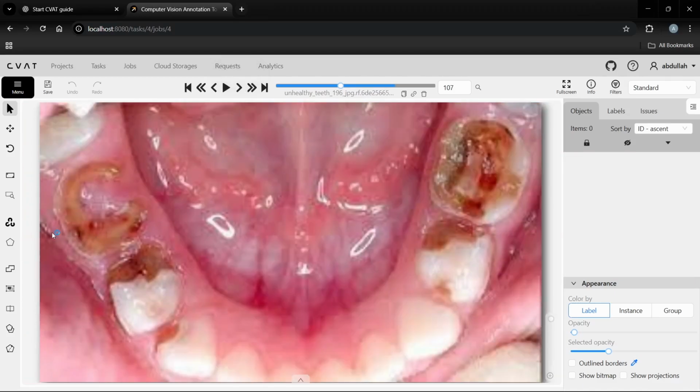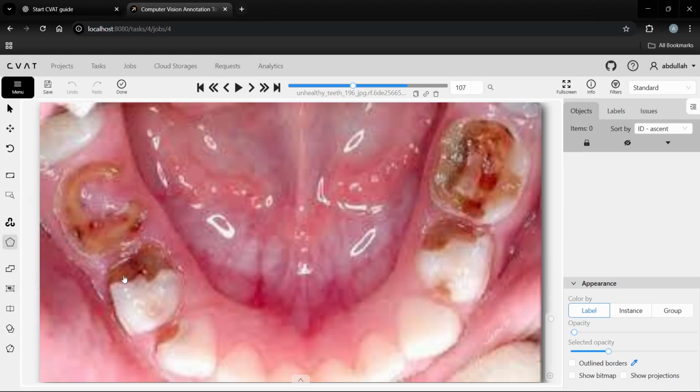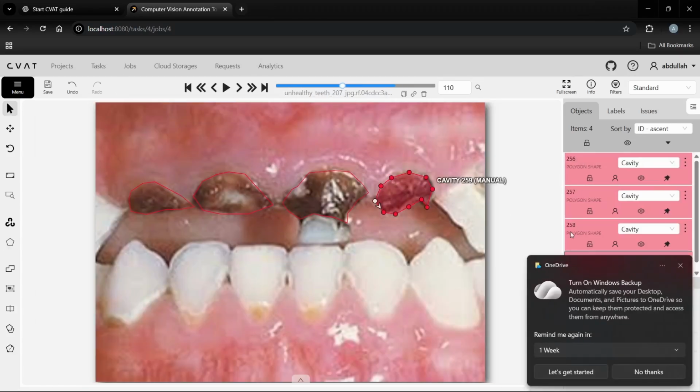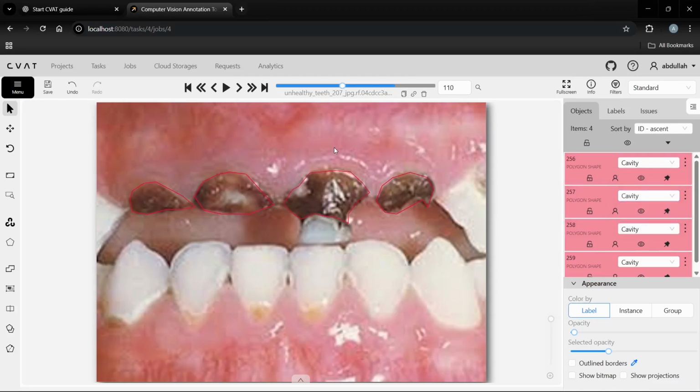Right here you just select the polygon option, and select shape, and after that you press N. You can just press N and start outlining the object. So let me just do this. Right here you can see that I've annotated two images, and if you had more than one class, you would get the option to select those classes over here. You can just hover over it and you'll get a drop down to select multiple classes. After you're done annotating, you're just going to click save,